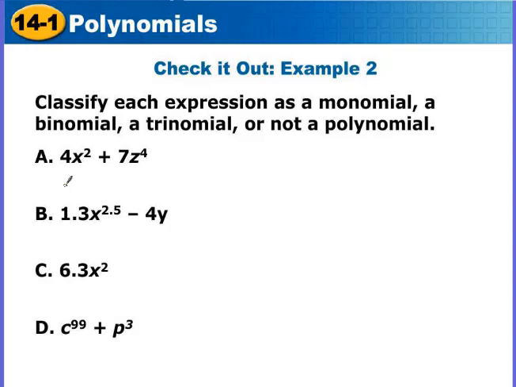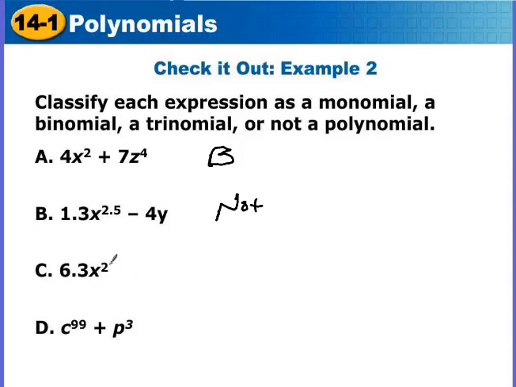Okay, so A, are each of these good? Yes. So this one is a good monomial, this one is a good monomial. There's two monomials put together with a plus sign, so this one is a binomial. Okay, B, the 1.3x is good, but this 2.5, this exponent is not a whole number, so this one is not a polynomial. C, 6.3x squared,